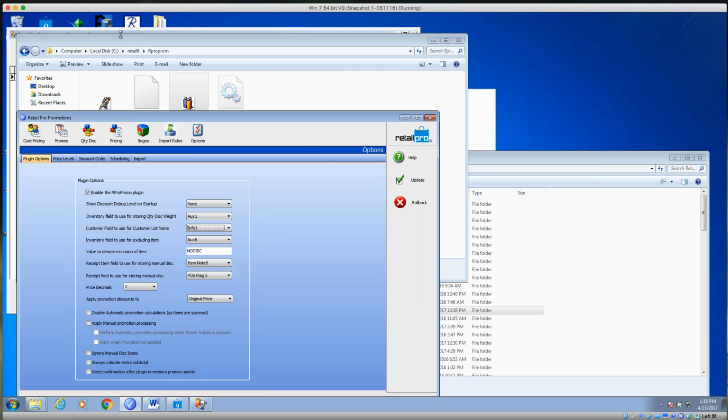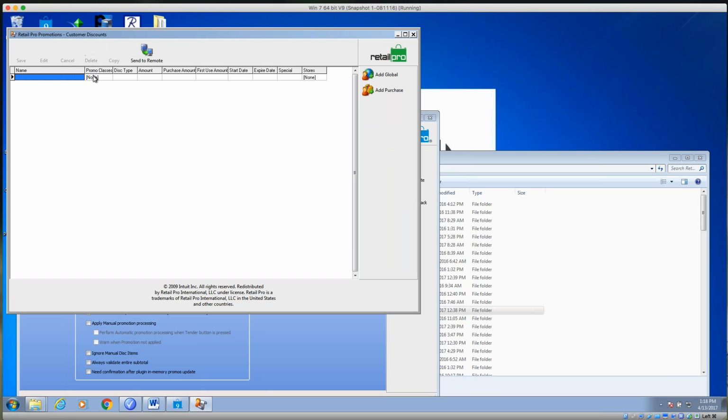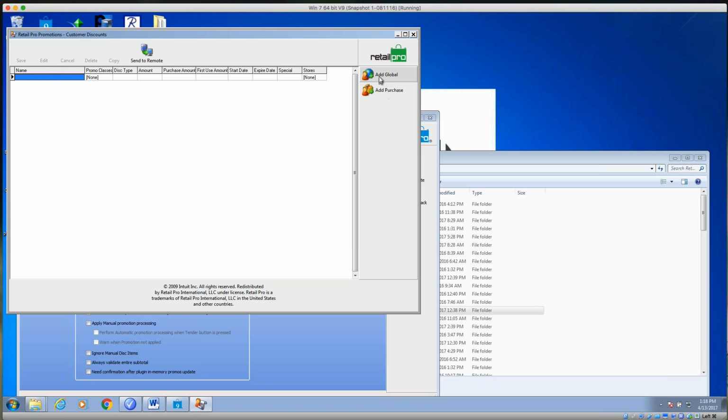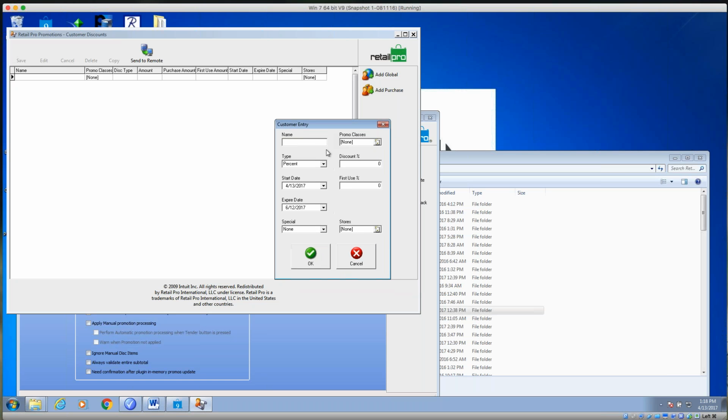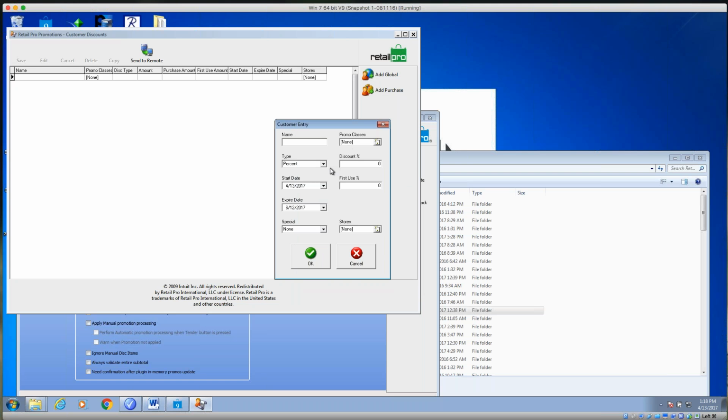Anyway, so we were back on the customer discounts, and customer discounts is what it's called in V9, and that's a price list. You could add something for the filter here, and I think you can add global. So you can give it a name, discount, first use, promo class, right? So promo class is customer promo classes. This is where you tell it